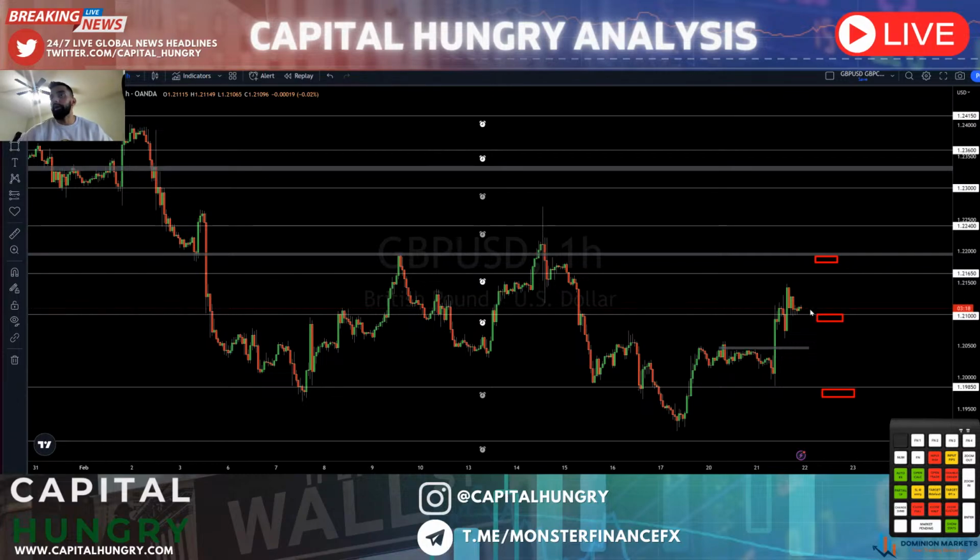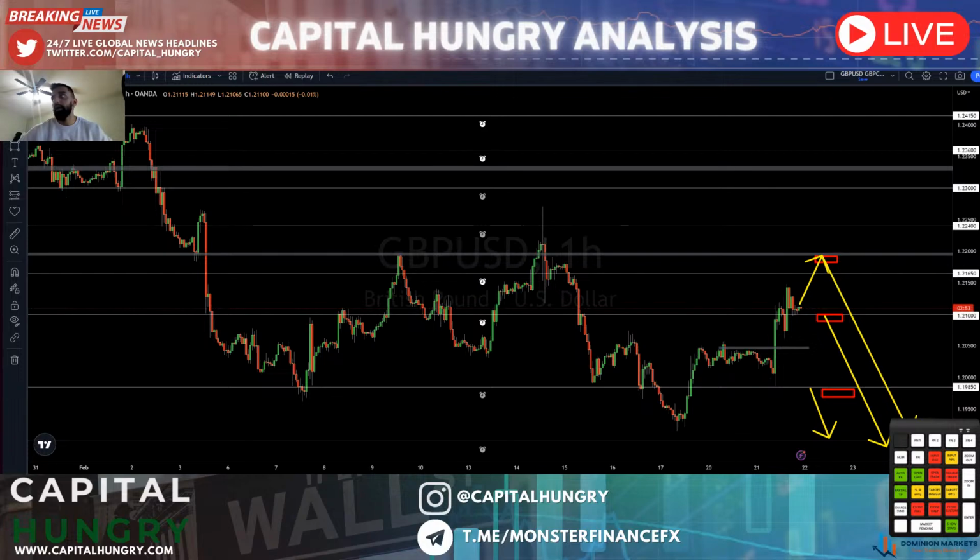If we don't break below current key level right away, I would still look for high risk, high reward sells around that 1.22 price handle. Continued break below key level sells at 1.21. Safer continued sells below 1.1985. I don't really see any reason to be going against dollar strength at the moment or the current bearish market